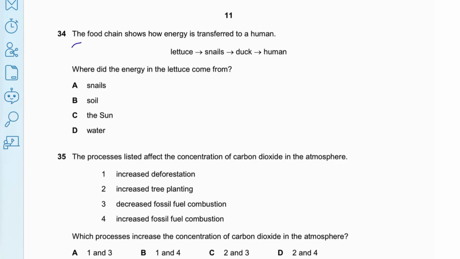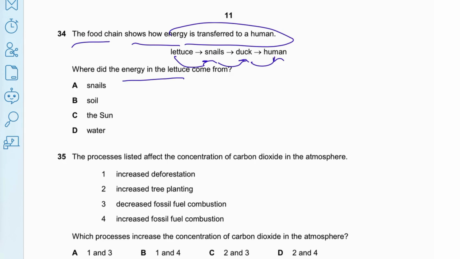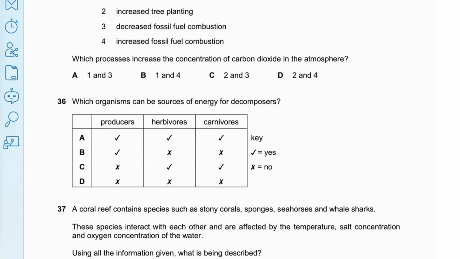34. The food chain shows how energy is transferred to a human, from lettuce to snails to duck to human. Where did the energy in the lettuce come from? What is the main source of energy? Sun. 34C. The processes listed affect the concentration of carbon dioxide in the atmosphere, as for example, increased deforestation, increased